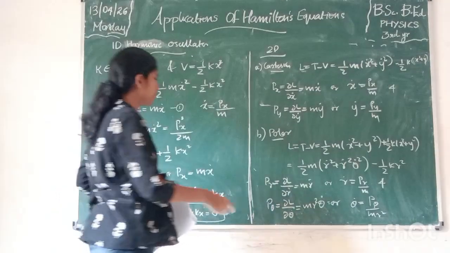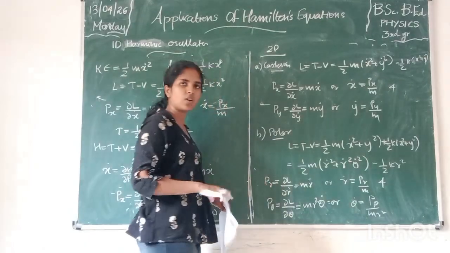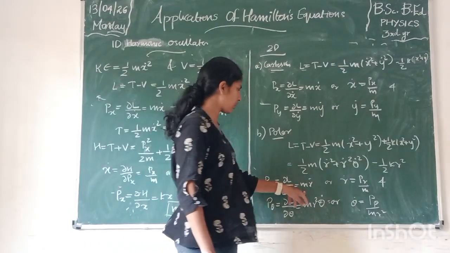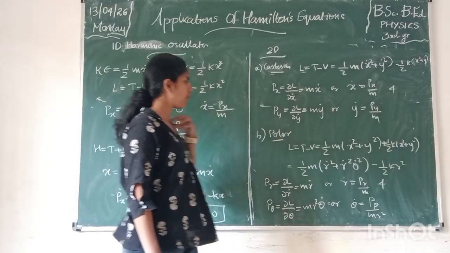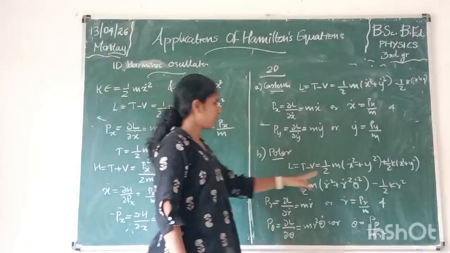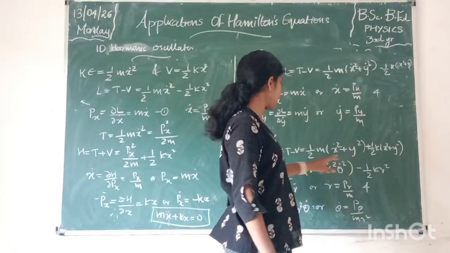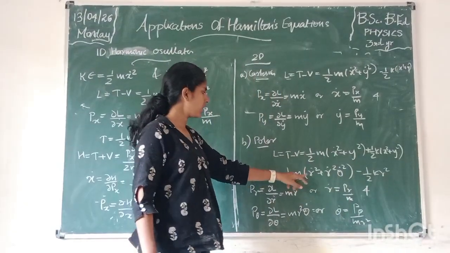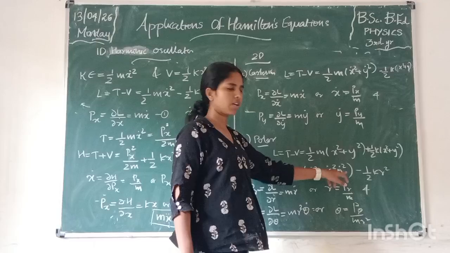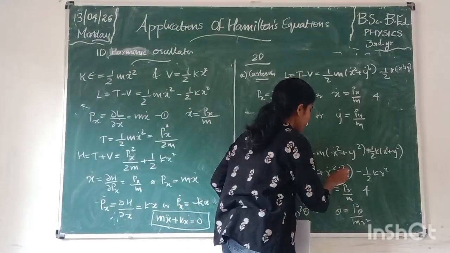So here we are taking the dou L by dou r dot, that is equal to m r dot. So in polar, the difference is that instead of x dot square plus y dot square, we are getting r dot square plus r square theta dot square. This is theta. So the polar part we already